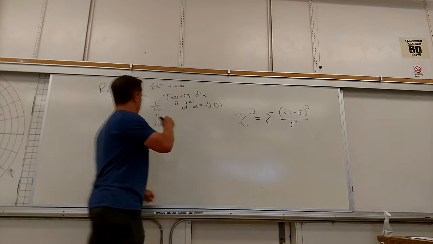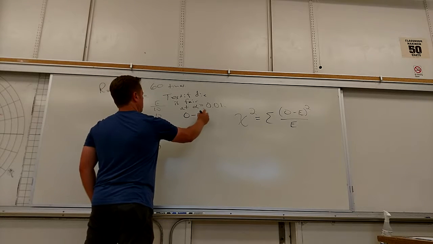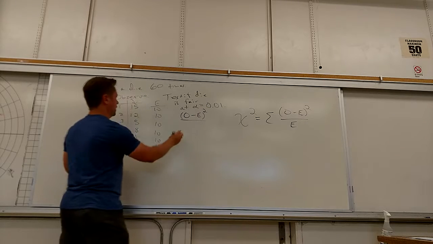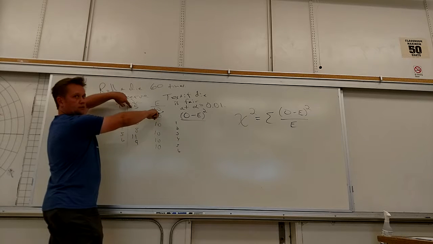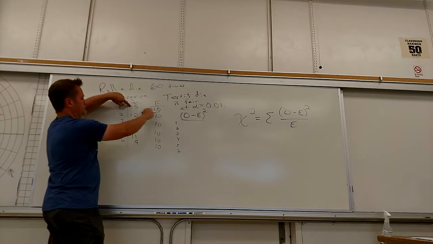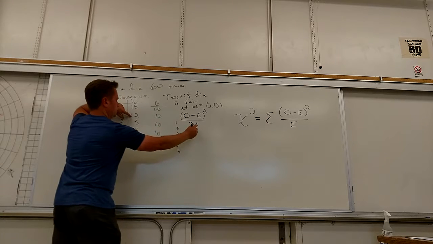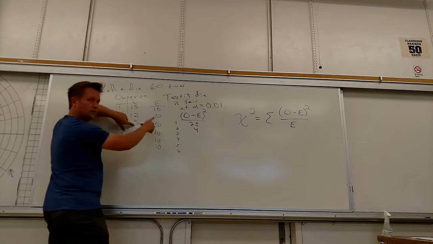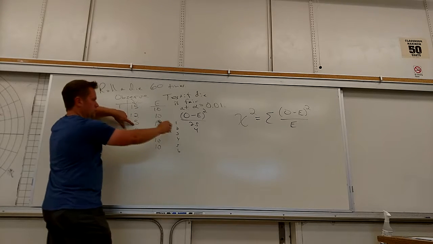So to do this, I really just make a table of observed minus expected. Let's try to do this. Observed minus expected squared. 1, 2, 3, 4, 5, 6. For the ones, 15 minus 10, 5 squared is 25. For the 2s, 4. 25 again, right? Everybody see what's happening? 5 minus 10 is negative 5 squared is 25.